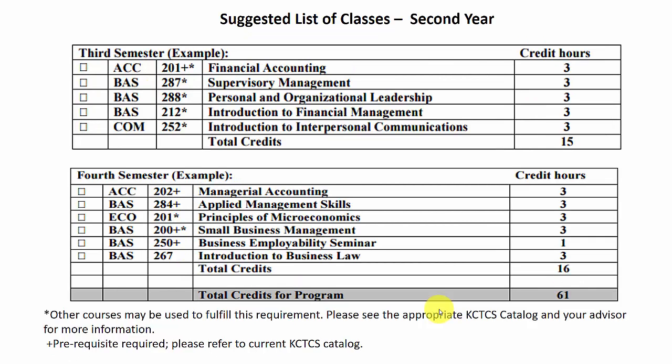In year 2, I'm going to suggest that you take Accounting 201, Supervisory Management, or something like that. Personal organizational leadership, again, something like that. Could be something else, but a 200 level class for sure. BAS 212, which is Introduction to Financial Management, and you could take COM 252, Introduction to Interpersonal Communications, or you could take Speech, which is BCOM 181. Again, you see a little star there, which means other classes could be